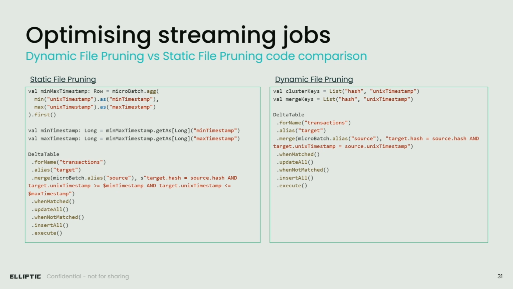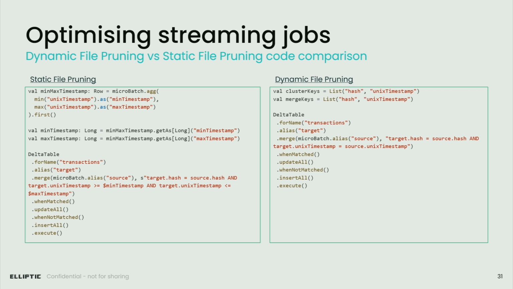Now that we're talking as well about merge operations that are happening within the pipeline itself, this is something that I've encountered many, many times with customers. And I'm not sure if people are very familiar with static file pruning or dynamic file pruning. Is anybody familiar with it? Not many people, which is unfortunate. So I'm going to actually explain why this is an issue and why you should be considering it when you're